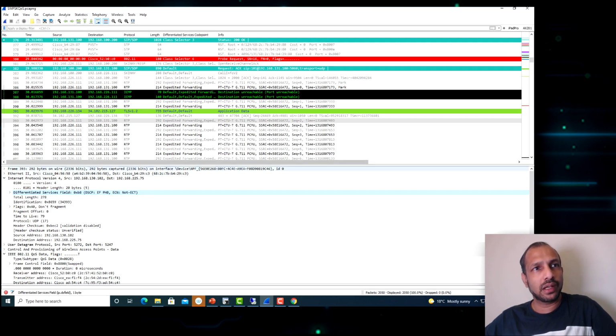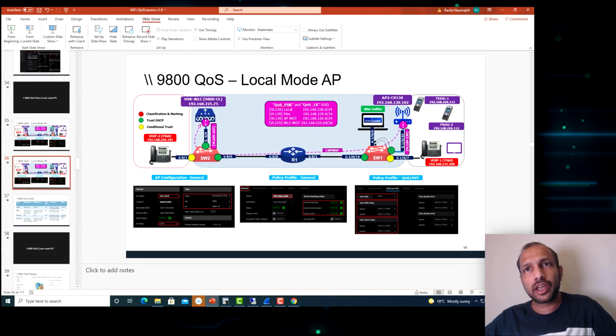You can see, last time as well, traffic came to the switch port with the EF value, CAPWAP header EF value. Last time what we saw was, because this port was not trusted, the outer CAPWAP was rewritten to the CS0 default value, and whenever we checked in here, the outer CAPWAP marking was best effort.